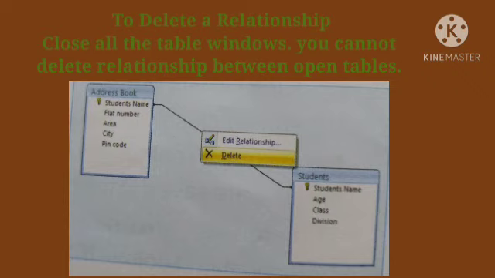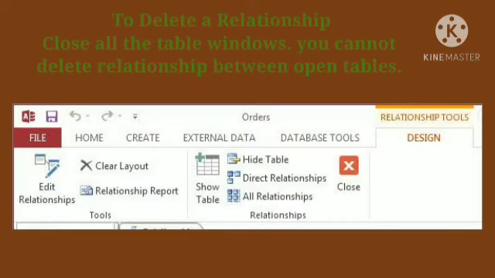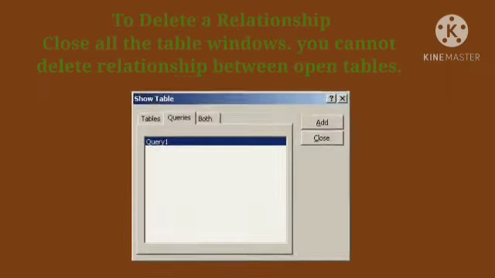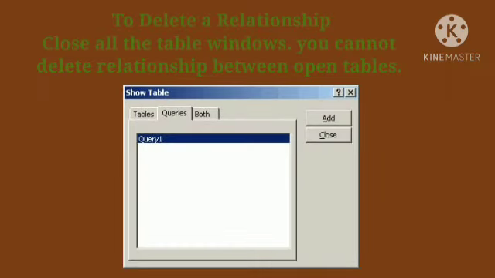Now, on the Database Tools tab, in the Relationships group, click Relationships. If the tables with the relationship you want to delete are not displayed, click on the Show Table button on the Relationships toolbar and double click on each table you need to add, then click on the Close button.